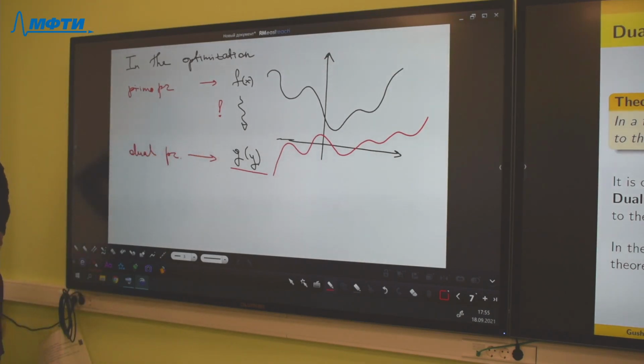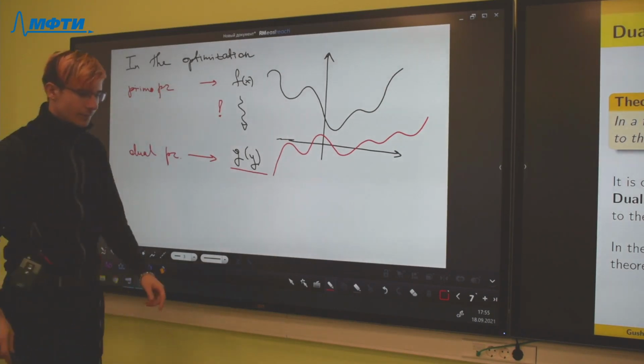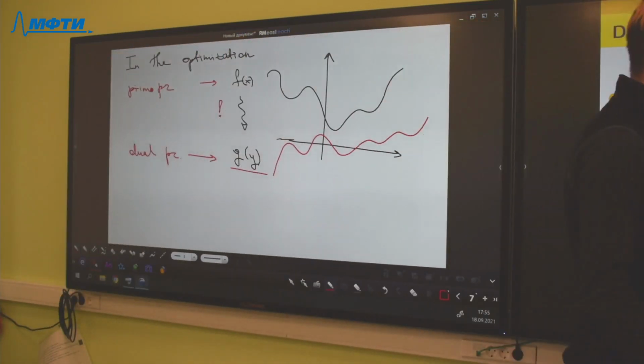And in some cases, it is simpler to compute the dual task than the primal task. And for example, in this case about flow and